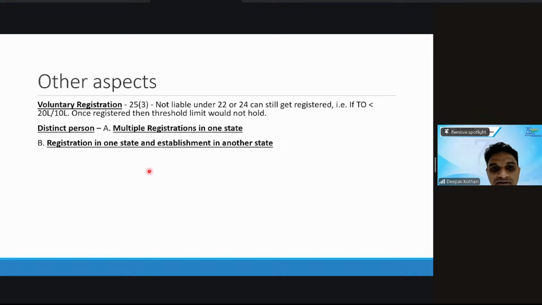In case of any mall which has a head office in another place having a registration number, if they want to open branches in another state, they have to take another registration. Can he run through the head office? No. If he is doing business in one state and also in another state, then in that state he has to take a separate registration. He cannot run through the head office registration.